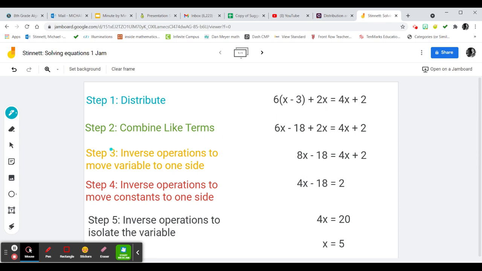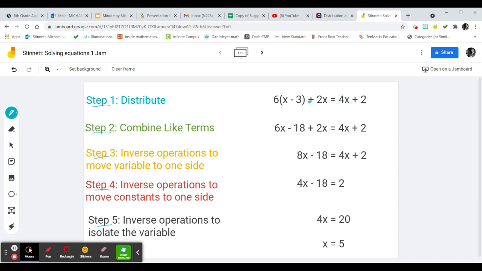So I have the steps here on the left. I have step 1, step 2, step 3, step 4, and step 5, okay? And it seems like it's a lot, but it's actually not, and you'll see that it's keeping up with things, and that's why I wanted to break it down step by step, just so you guys could see this, okay? So the first thing we're going to do, whenever we approach an equation like this,